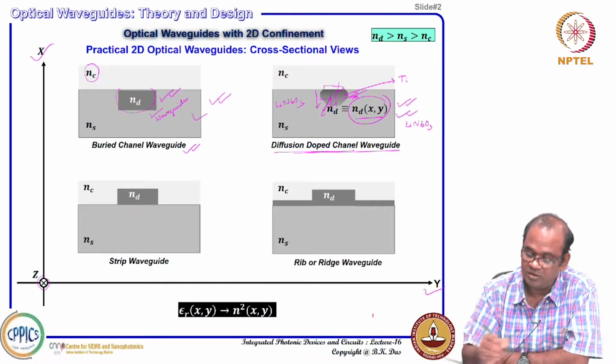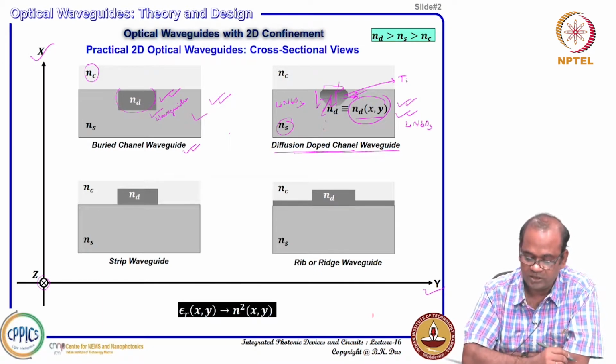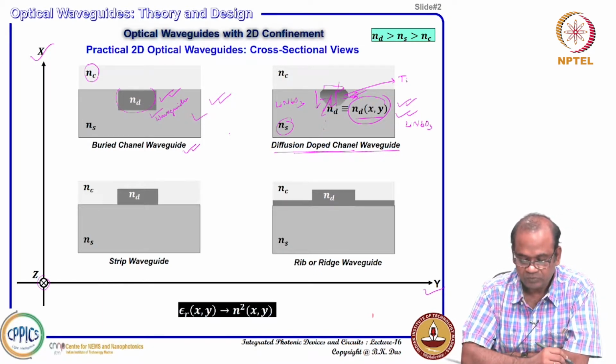Refractive index change is graded, and ultimately towards the deep inside this refractive index will be reducing and it will be merging to NS, finally the substrate refractive index. Another type of